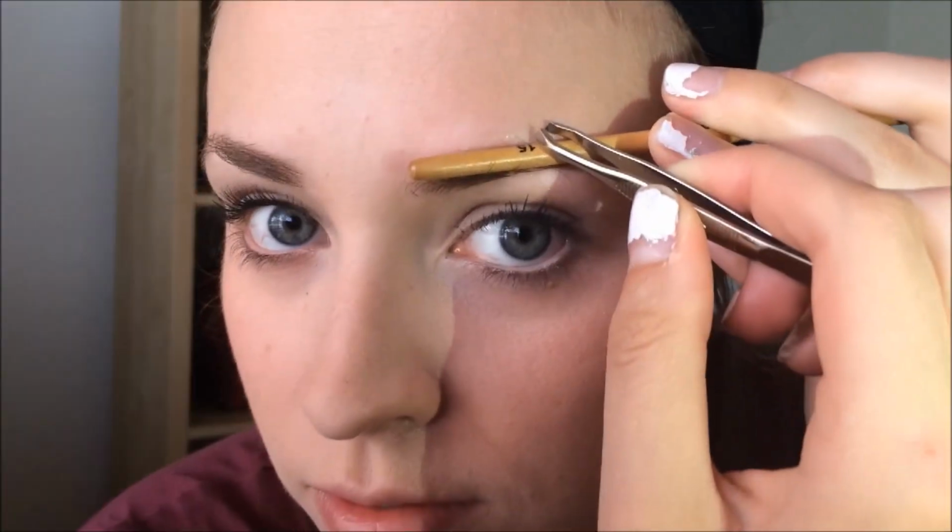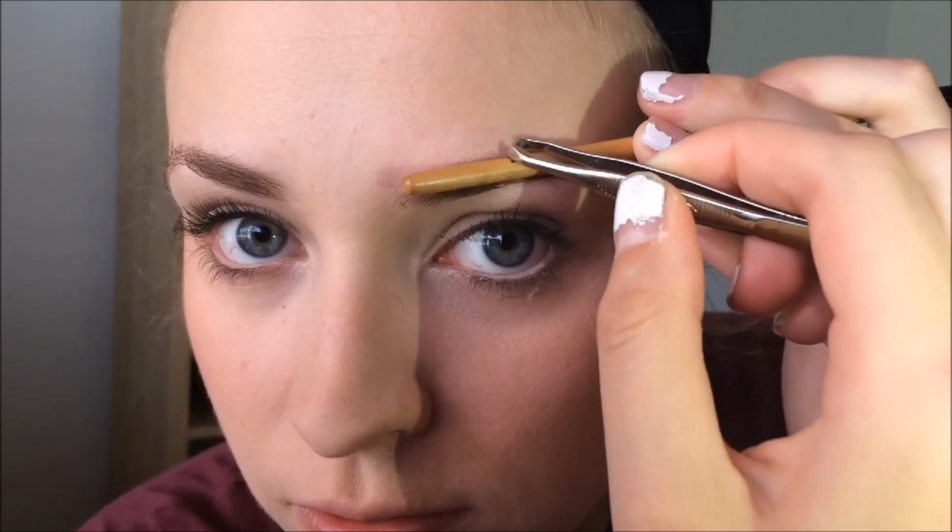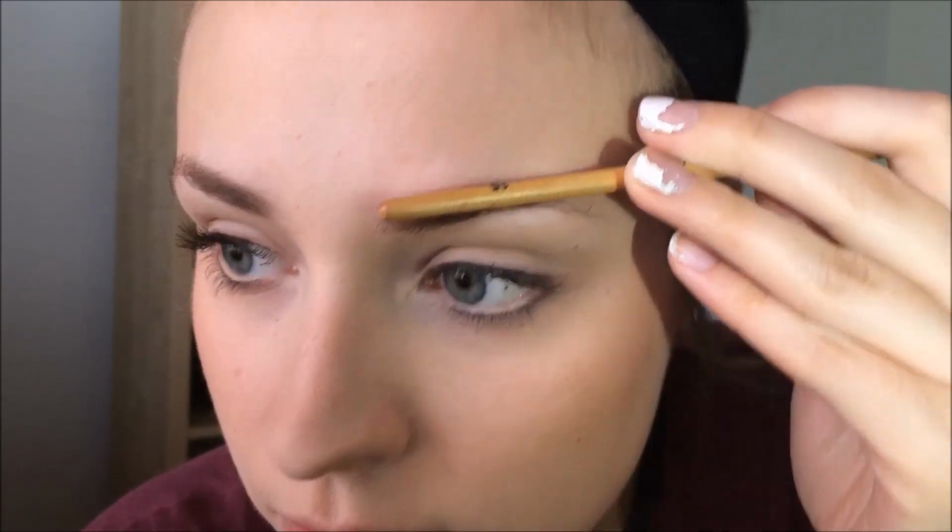Same thing for the top. Just brush your brows down, place the brush on top, and then just pluck away all those little hairs that are standing out. Trust me, it makes a huge difference. It makes your brows look so much more defined, and it makes them almost look darker because it doesn't